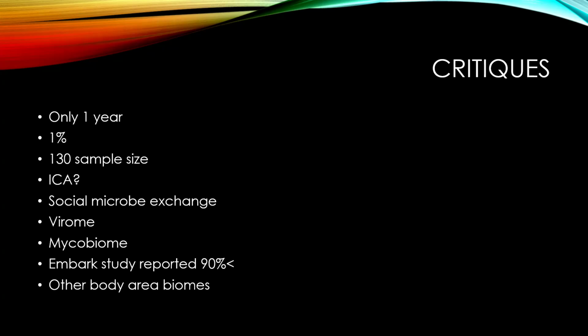It also doesn't go into an even more complex virome itself, because not only do we have bacteria going around our guts, we also have bacteriophages out there influencing the amount of bacteria expressed. So not only do we have 1%, we also have viruses that are limiting that 1% as well. There's also the mycobiome, which is essentially the fungus itself. This was not measured in the paper at all. It also has, again, an effect on not only the pro-inflammatory cytokines, but also on the type of bacteria expressed.